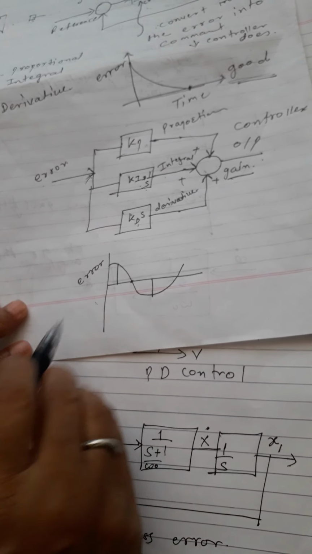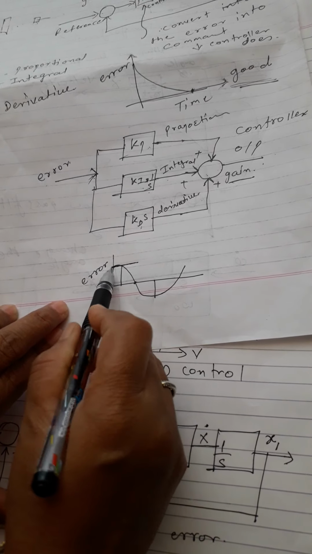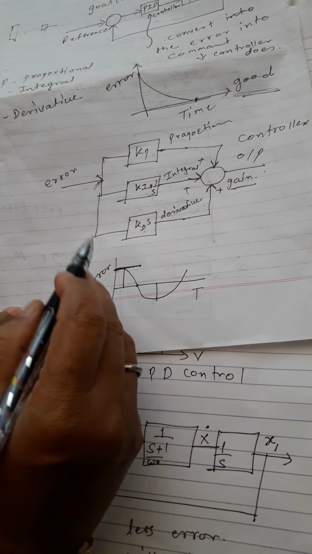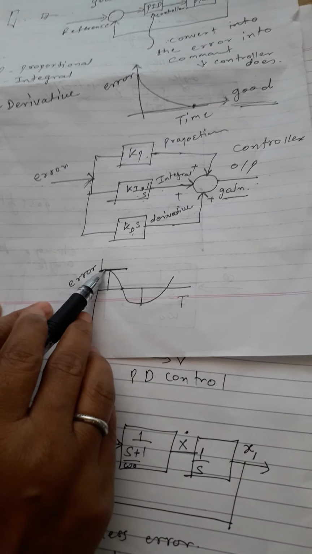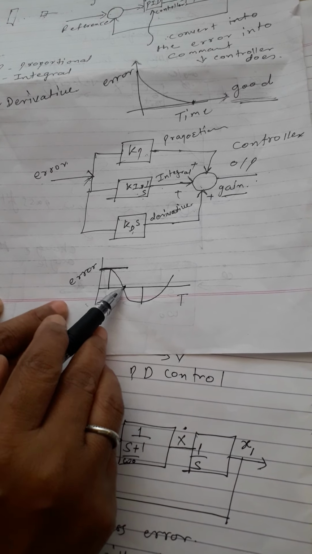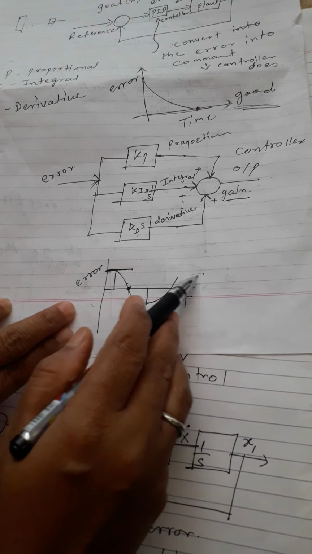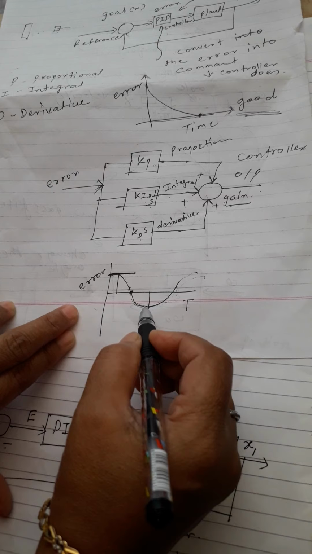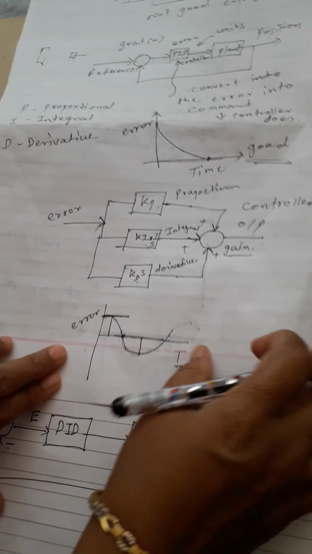Now for example, with respect to a graph I will tell you. If this is the error, the error is maximum at this position. Here this is nothing but time. Just as in the first graph I said, the error decreases with respect to time. Same way here also the error goes on decreasing. Here it becomes 0, then integral here, and then it is differentiated. When it comes to integral, it becomes negative, and then again it decreases. We have to try to make it 0 with respect to time.